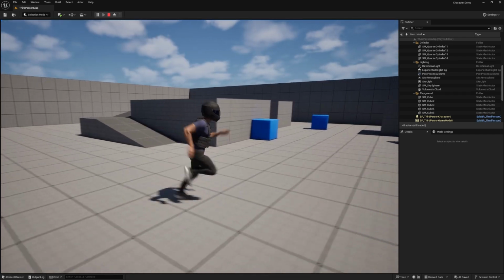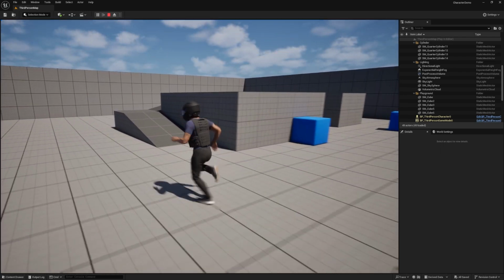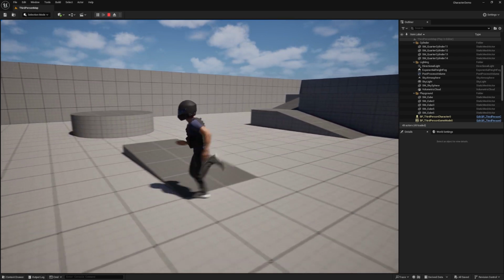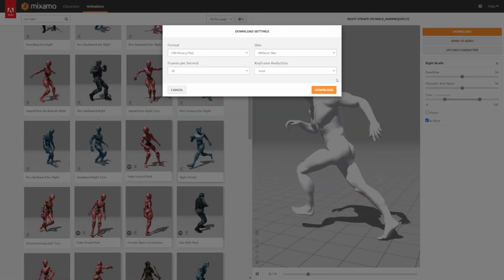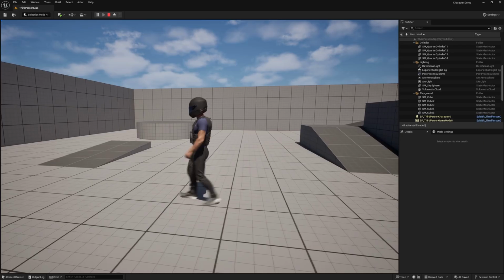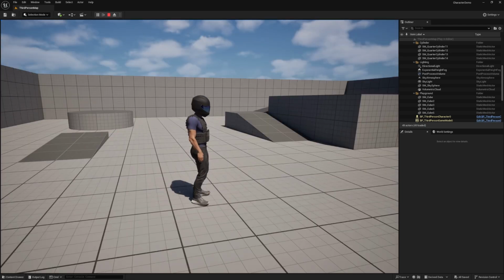Now, if you just need a really basic character setup, this is actually good enough. This is basically as complex as the original Unreal Engine character. He just kind of runs around and faces whatever direction he's running. But remember, we downloaded those run sideways and walk sideways and run backwards animations and all that, and right now he's not doing it. So if you want a more complex character that can do all that stuff, let me show you how to